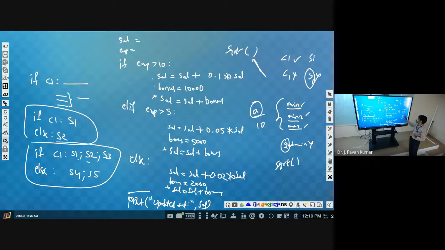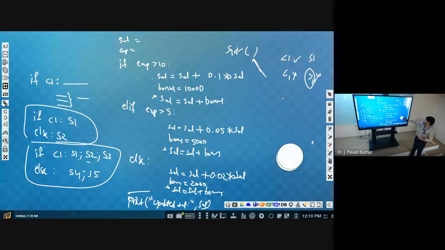So you may be given a simple program, addition of two numbers. There will be a first number, second number, then third number will be the result.